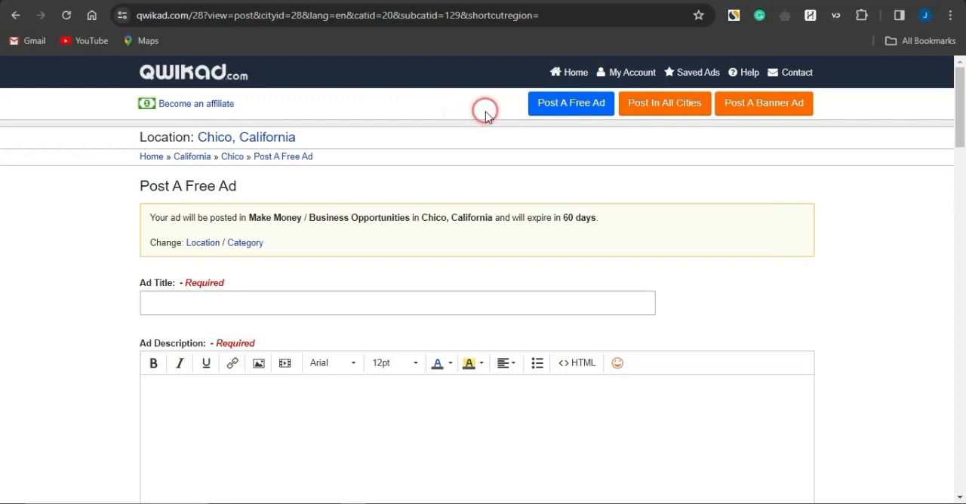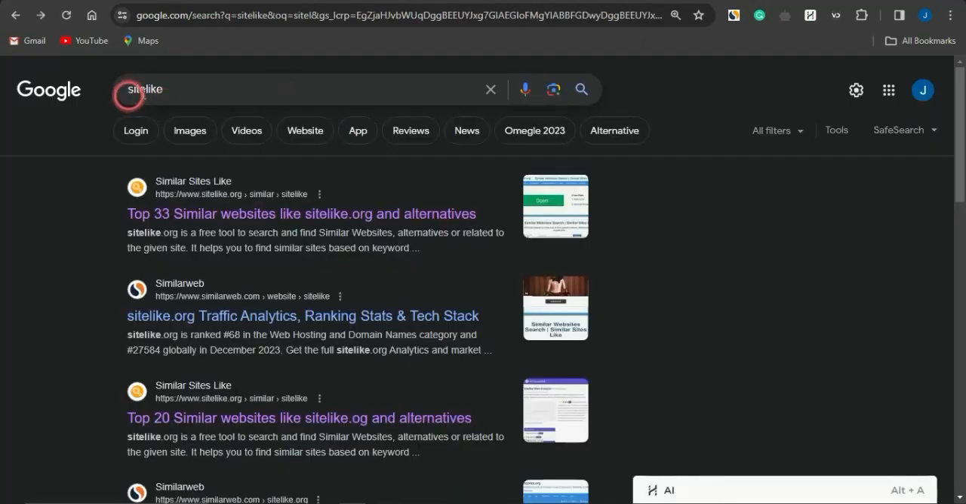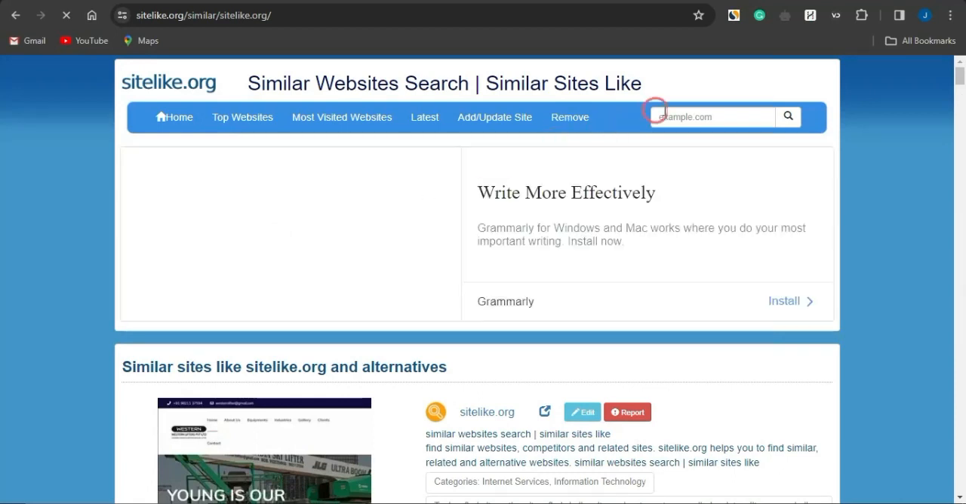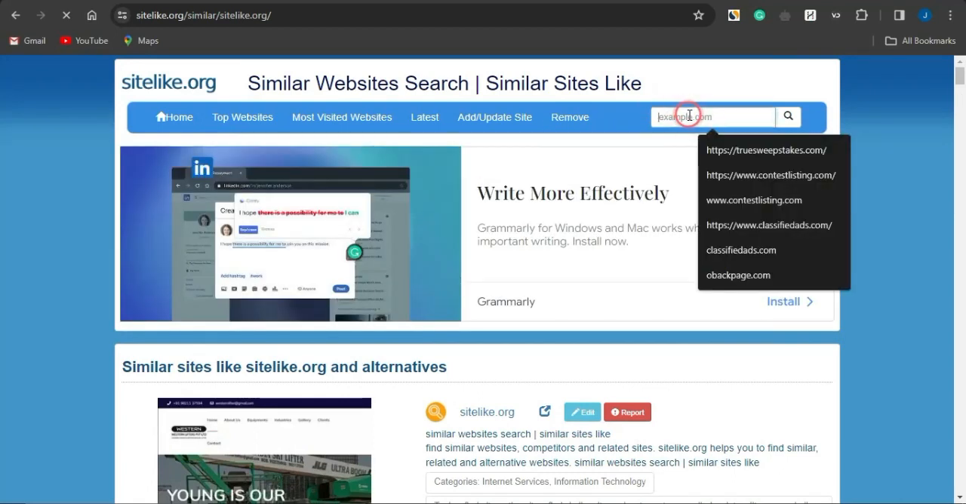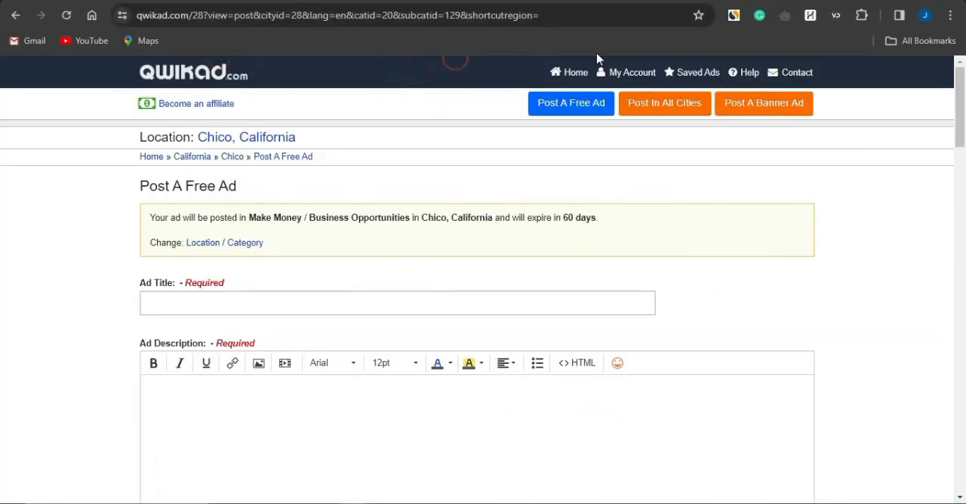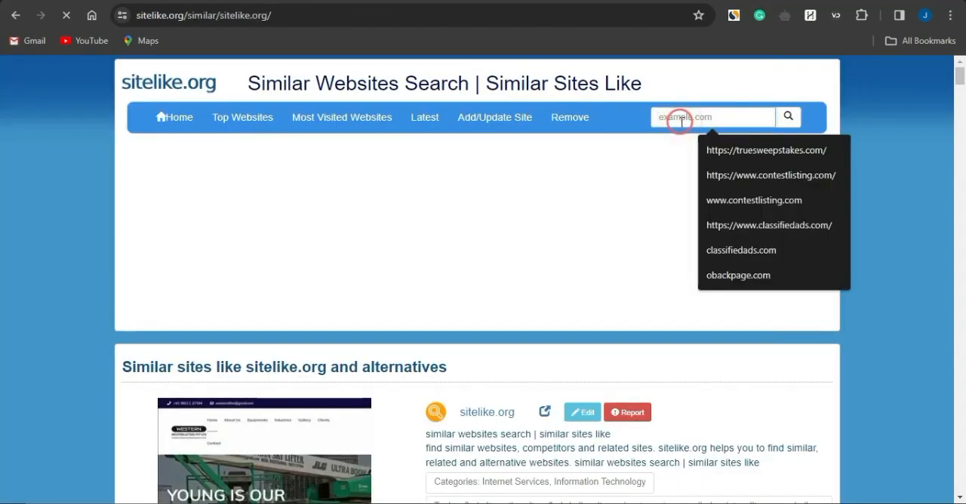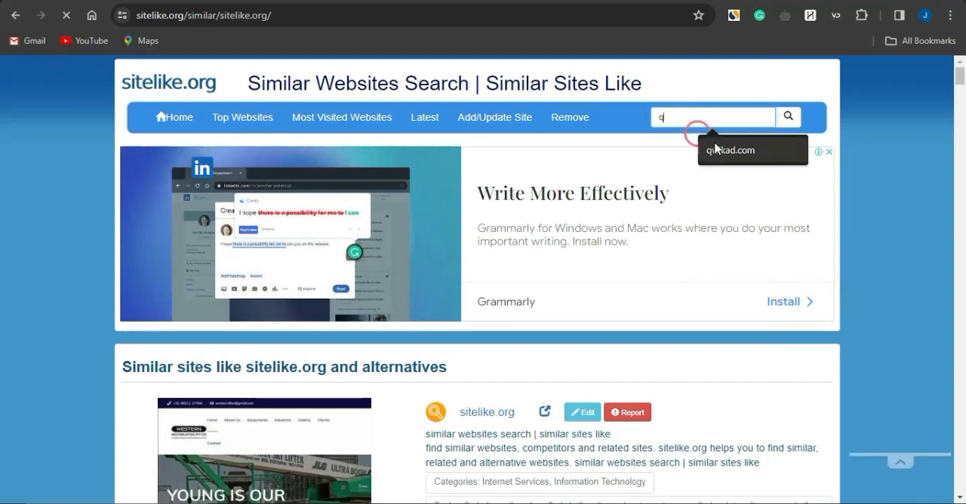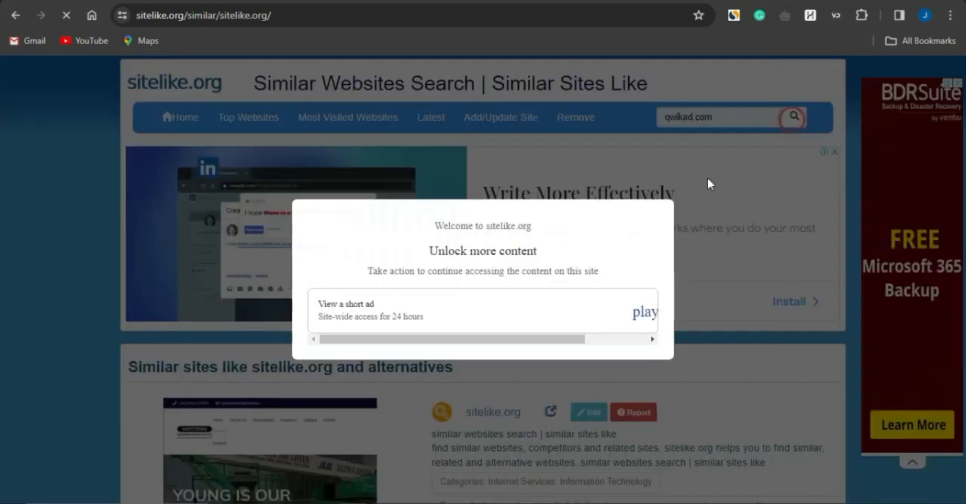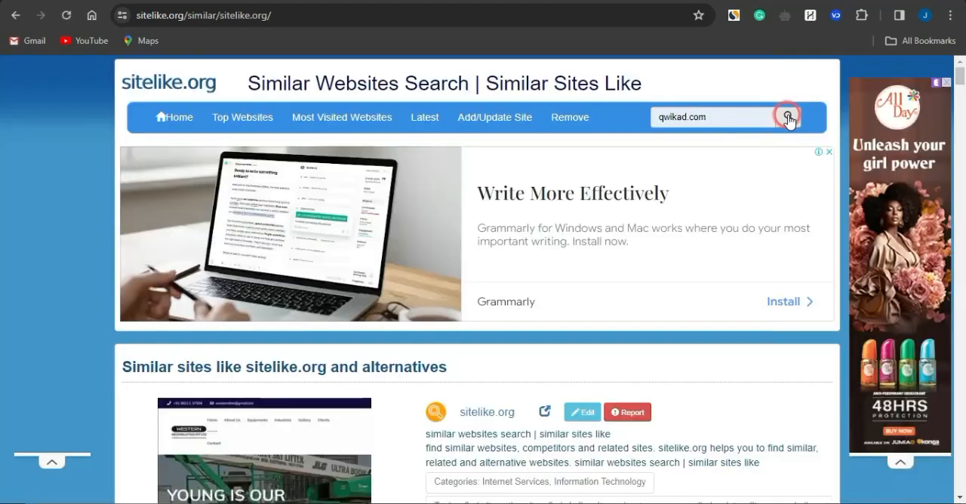To get such platforms, like I said I'm going to show you earlier, you actually come on to Google and search for SiteLike. If you search for SiteLike, you can see the first option right here, which is sitelike.org. Click on that right now. It's going to take you to a page such as this, where you just need to type in the web domain of the platform which we used earlier, which is quickad.com. So I'm going to come onto this example section and type in quickad.com. If you type that in and click on this search icon right here,